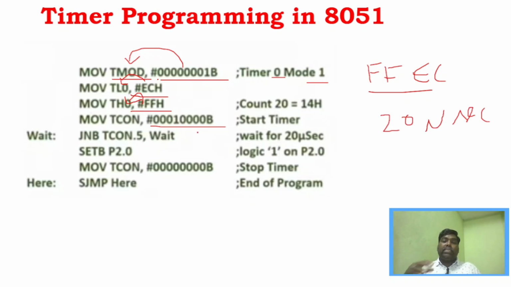Now the timer has started. We have given the count value already, right? So it will be creating that delay, performing this operation. It will create that delay of 20 microseconds. How will it do that? We can see here the TCON register. What will happen now, whenever the timer overflow happens,